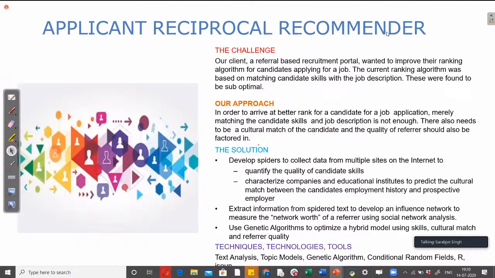So let's look at some of the types of problems that we have solved using recommender systems within Tatras, which is the company I founded when I moved back to India in 2012. And one of the early problems that we were faced with was this whole idea of matching job applicants with job opportunities, right? And what we built here was what is called an applicant reciprocal recommender, which comes from the idea of